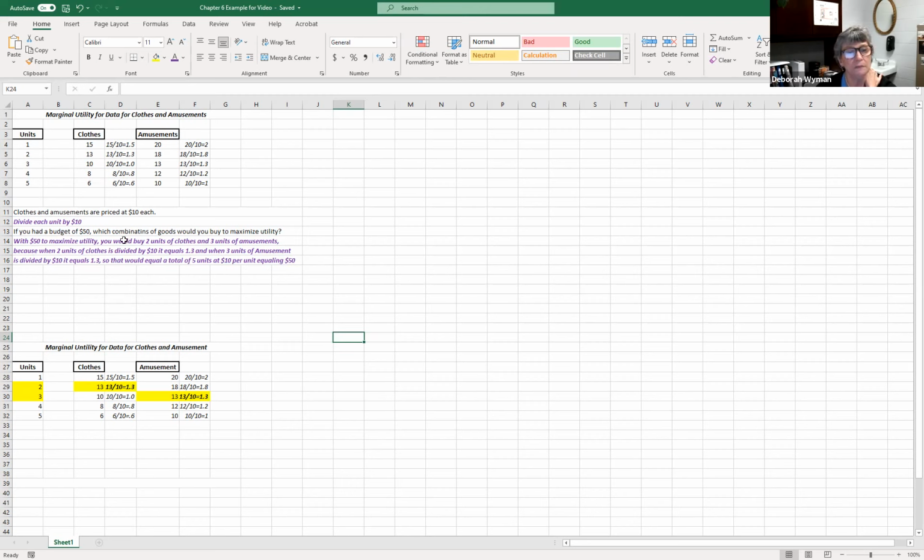So let me just read this, because when 2 units of clothes is divided by 10, it equals 1.3. And when 3 units of amusements is divided by 10, it equals 1.3. So that would equal a total of 5 units, right? You have 2 units of clothes and 3 units of amusements, which is 5 at the price of $10 equals 50. So hopefully that makes sense. And of course, you can come back to this video and watch this or look at this example. Okay, so let's go to another example that we're going to